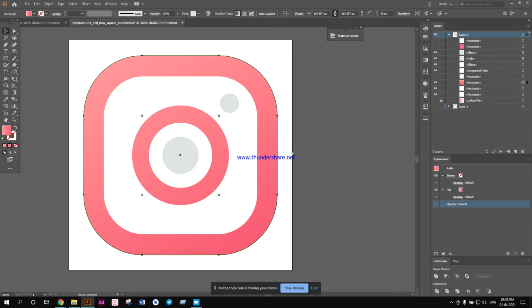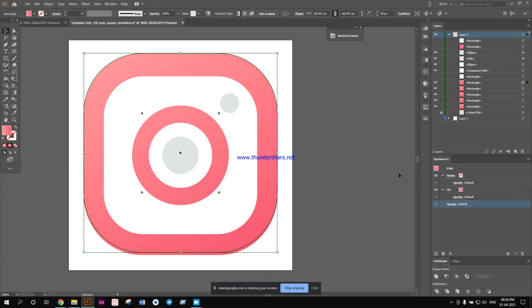Control C, Control F for the background one 4 times. So I should have 5 layers of that same thing. Now I'm just going to select the top object, and then click on the arrow button twice for a 2 pixel edge. If I want a 1 pixel edge, I'll press the up arrow key 1 time.